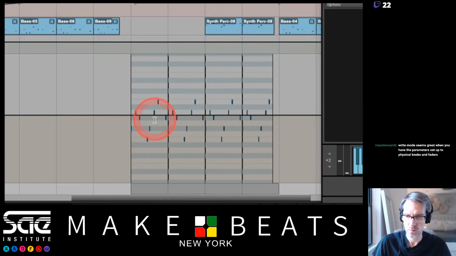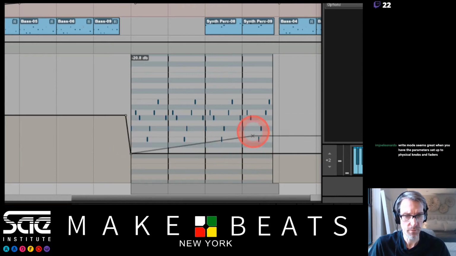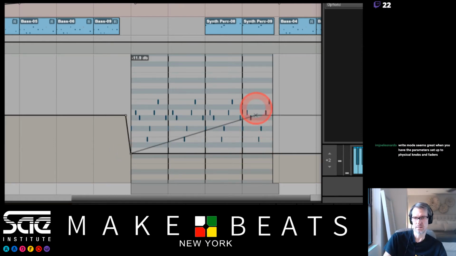Opposed to if I go like this. Let's say I want to end up exactly where I started. I want to end up at this level here, that's the loudness I want to end up at. Well, if I go over here and pull it down, and pull this back up, now I have to kind of eyeball it, and I have to know what level I had. I can see it here on the screen, so it's okay. But